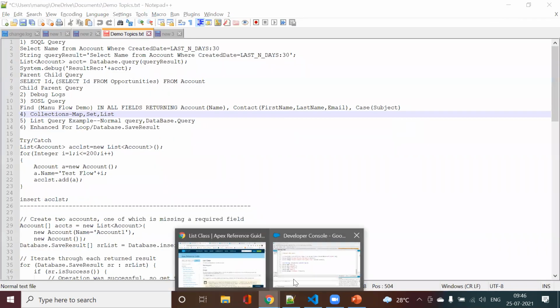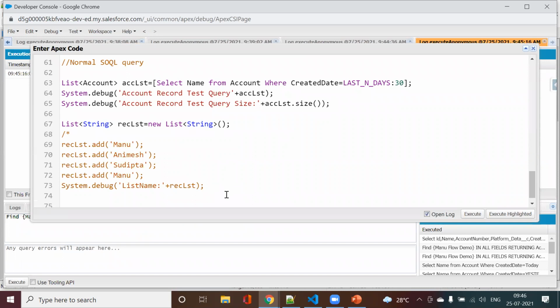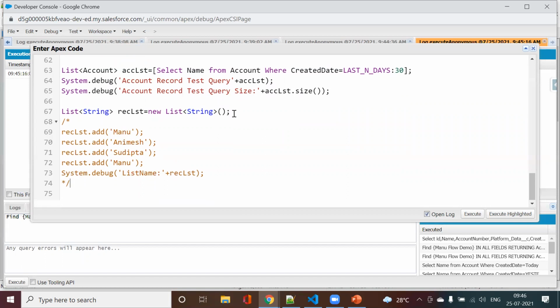There is one more way I could add these records. I will comment out this code. In case I want to add them in a single line, I can also do that.